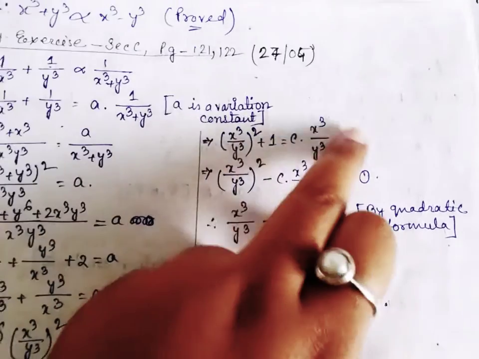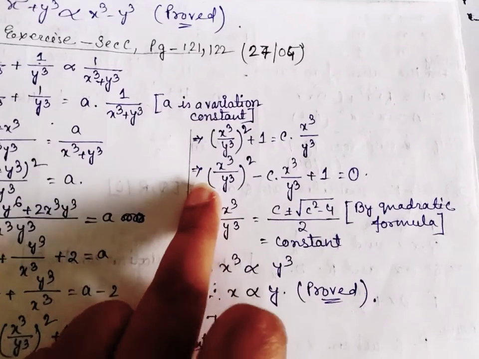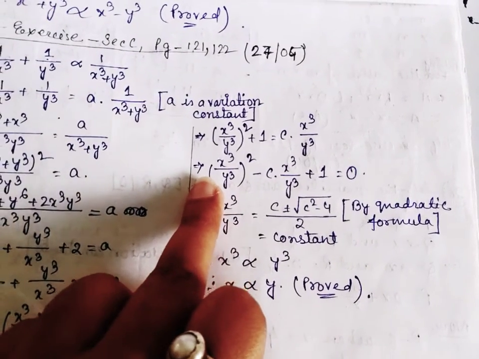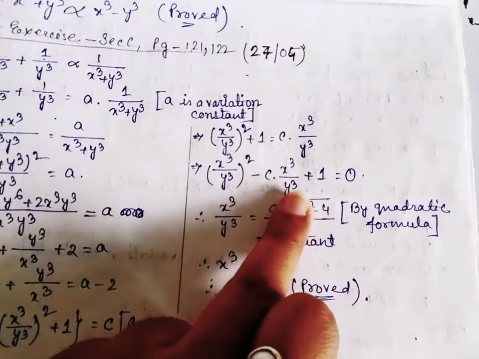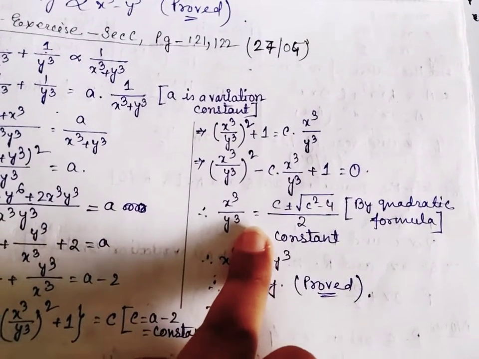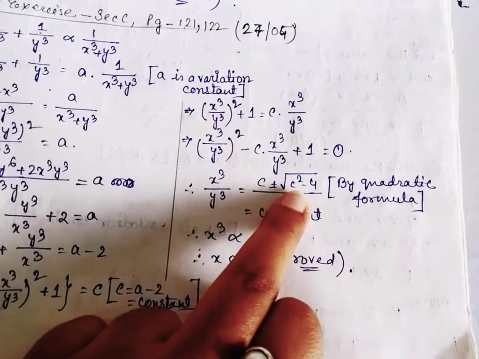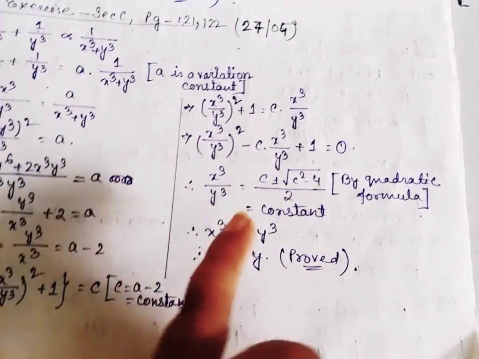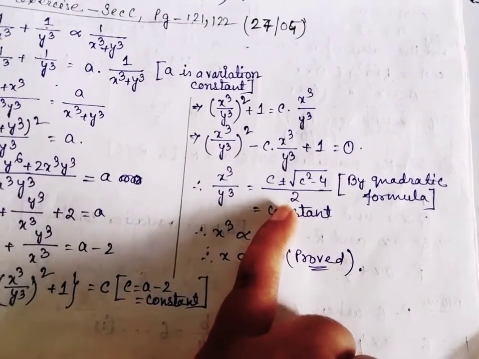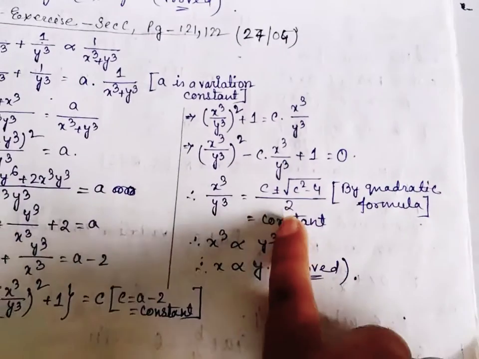Then take the total number into the left hand side. Now it will form a quadratic equation, ax square minus bx plus 1, that kind of. So the value of x using the Sridharacharya formula is minus b plus minus root over b square minus 4ac by 2a. Since c is a constant, this value also gives a constant value, because 4 and 2 are constant and c is also a constant. So totally it will give a constant value.